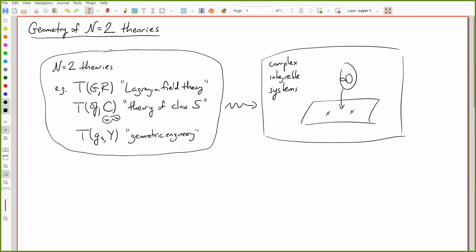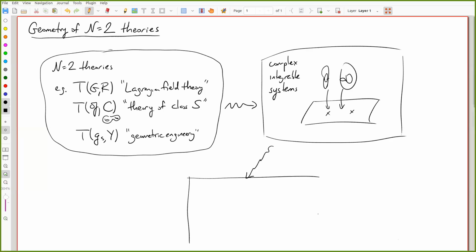So it's a two-dimensional complex space, which is fibered over a one-dimensional space. It's complex symplectic, and the generic fiber is a compact complex torus. Then you have some singular fibers, which are more interesting. The ones we have won't be as interesting as the ones in Monica's talk; I'm going to stick to relatively simple singular fibers. So that'll be the first thing: we start with an n equals 2 supersymmetric field theory, and following Seiberg and Witten, we produce a complex integrable system. And then from there,